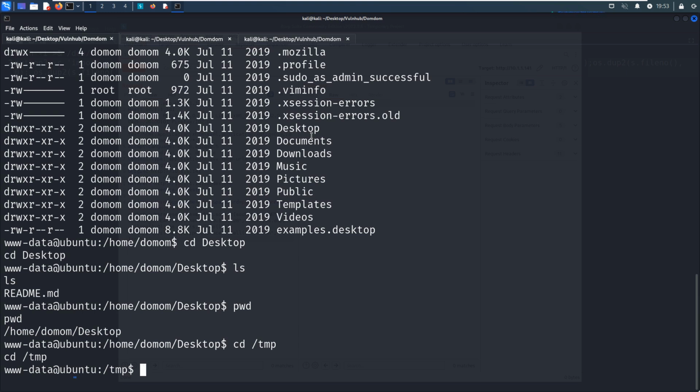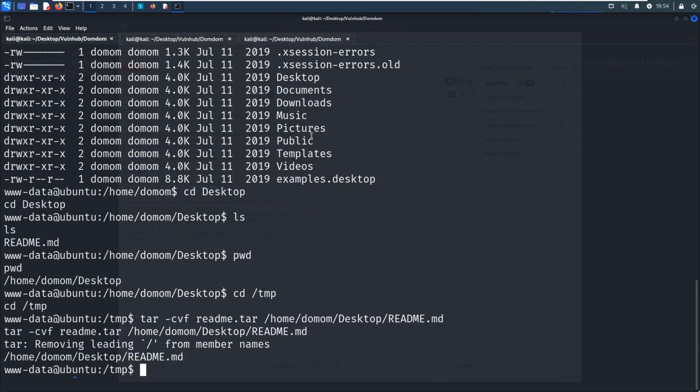So how to do it? We can tar the readme, the source DOM desktop readme. It's done.